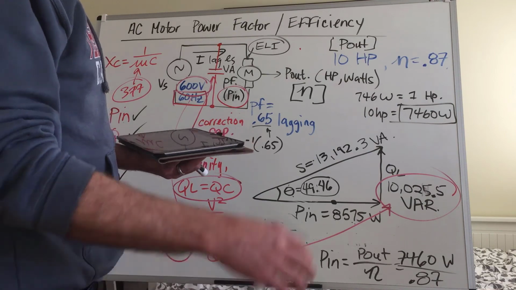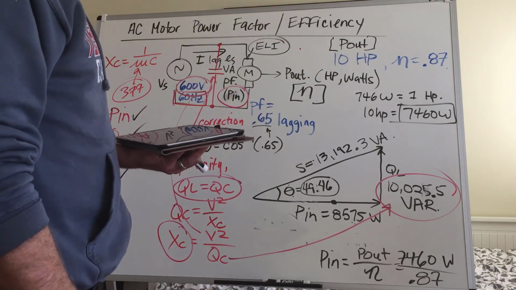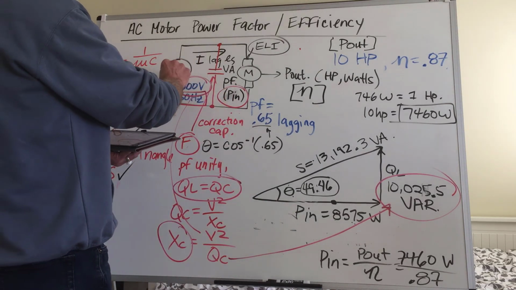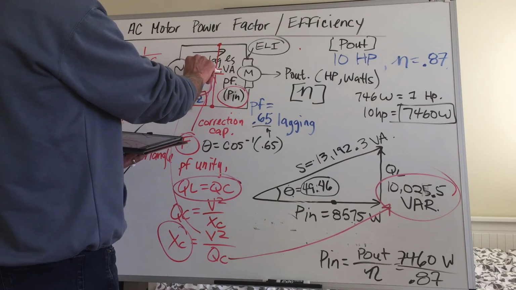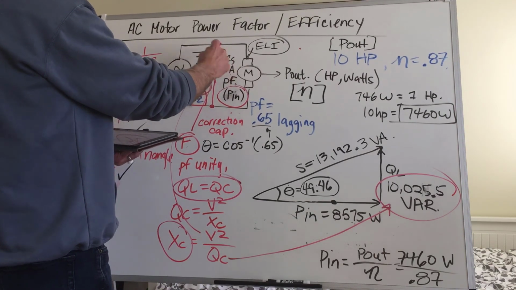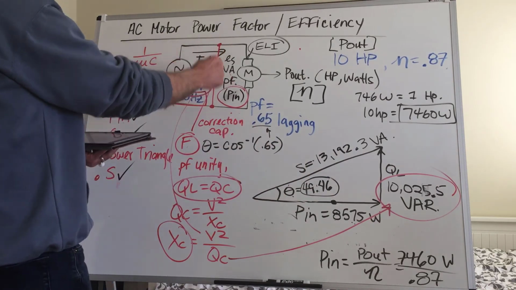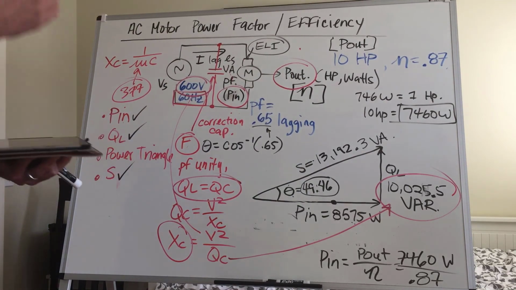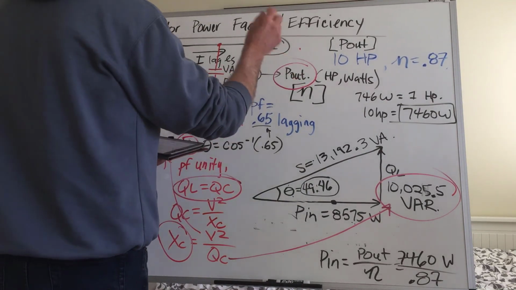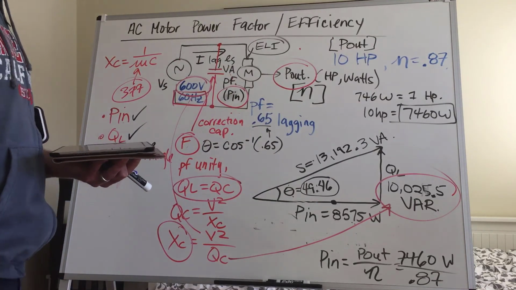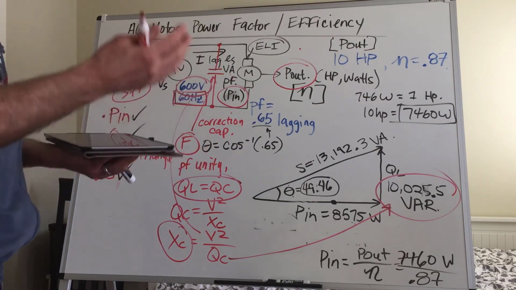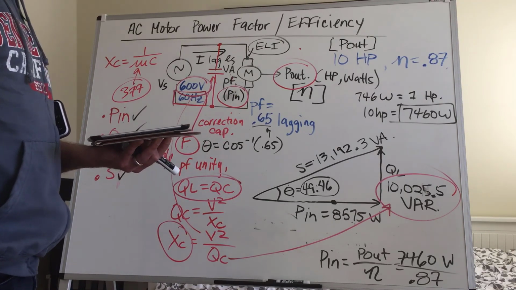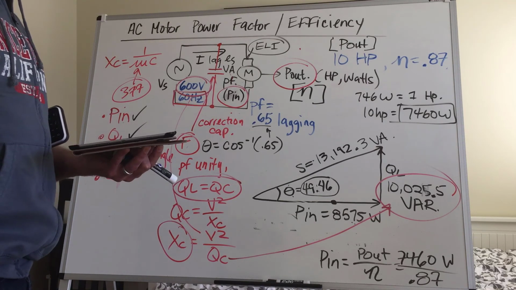Now, of course, you could have this question in a number of different ways, couldn't you? You could have a power factor of a motor with a VA value, all given, instead of having to calculate it, and then with the efficiency, you could be asked what the P out value is and so on. Or you could be given the P out value and then asked to give the efficiency. So you kind of get the idea of the way all those values could be worded in a problem or a challenge. So hopefully that helps, and